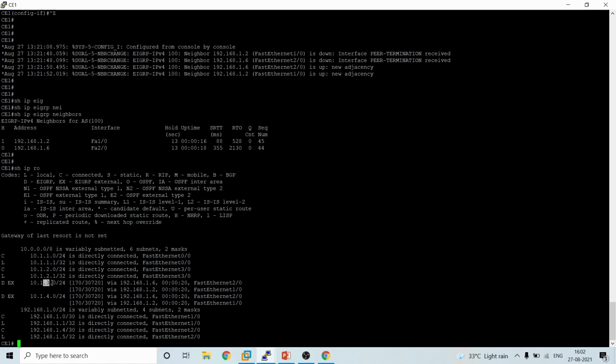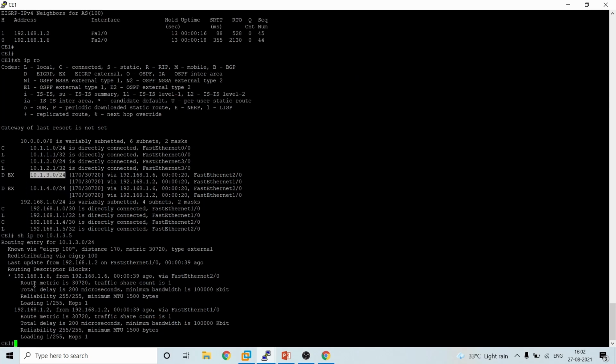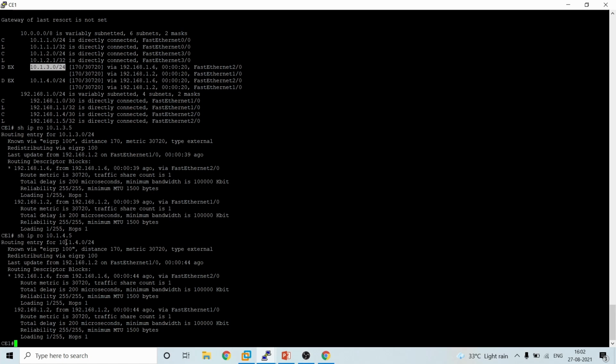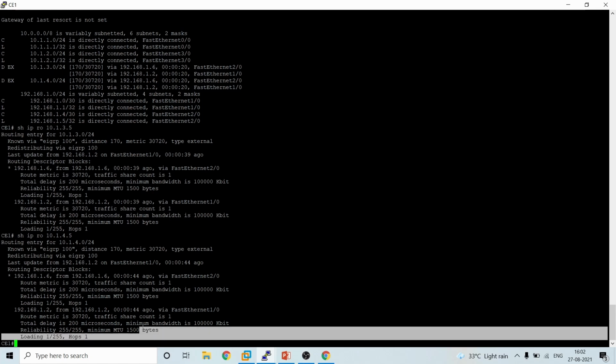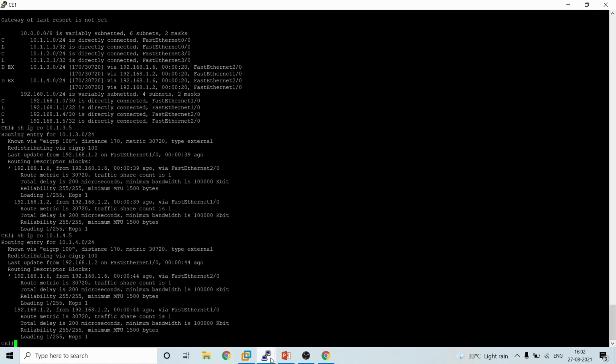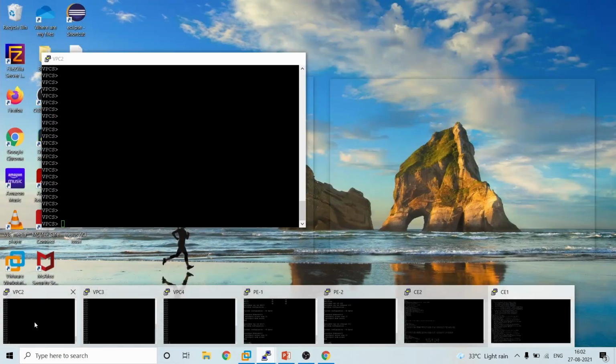Now I'll show you the show IP route for each subnet, for 3.5 and for 4.5. We can see here the routes which are available. Now we'll try reaching from one VPC to another.